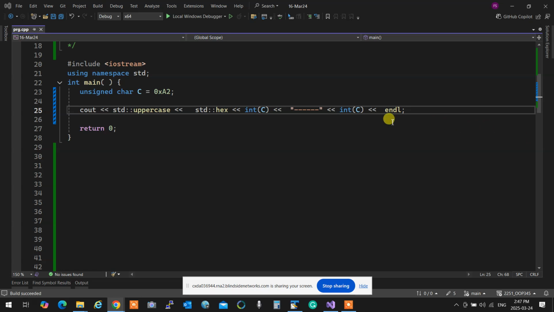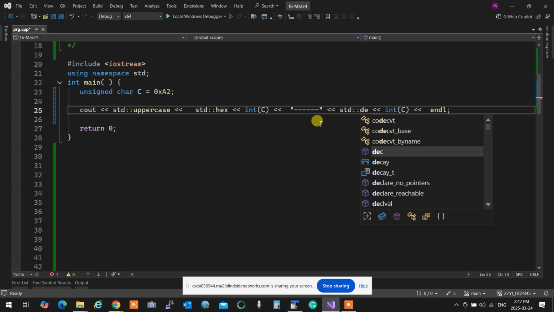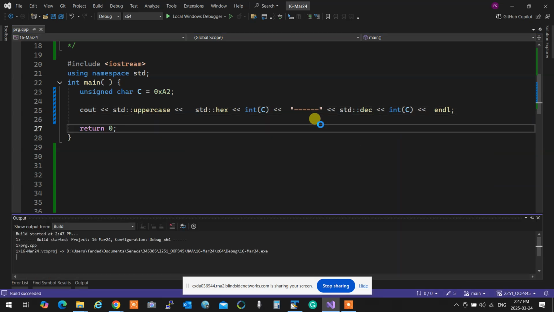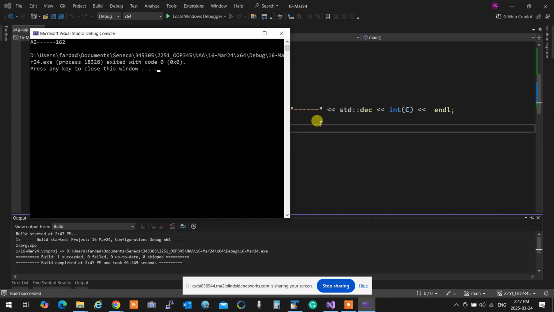Was it decimal? std dec, if I recall correctly. Yeah, okay, good. So A2 is 162, right? So that's the thing that we have over there.